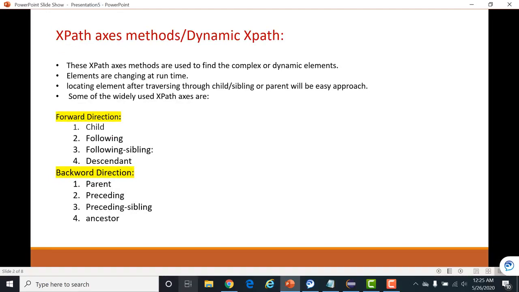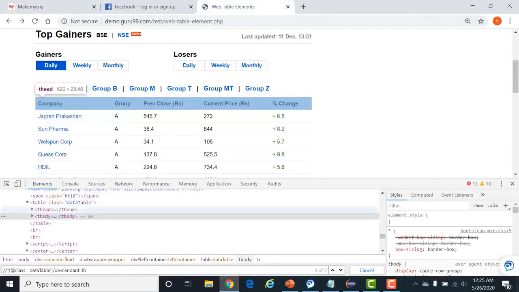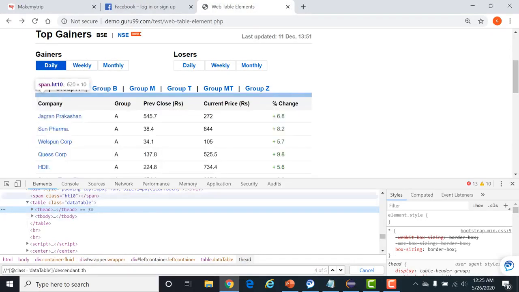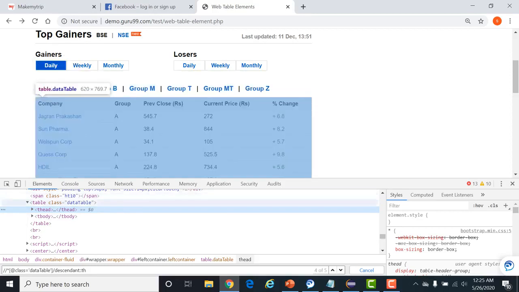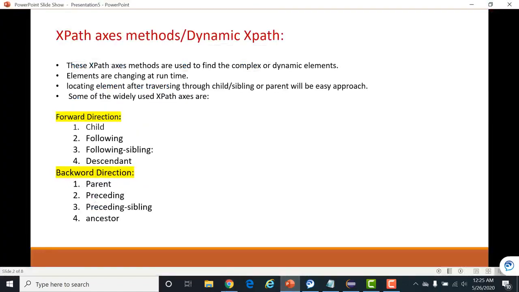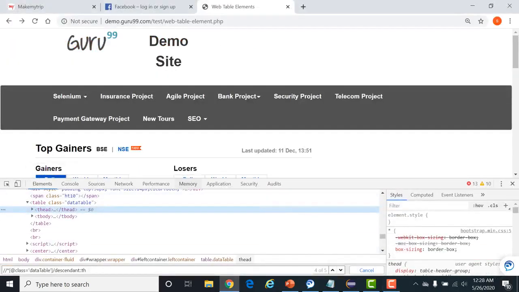See, if I go to the application, suppose we have this node, we have the information of this header node, and I want to know the parent of this. So now I have to search in the backward direction, right? In such cases, these backward axes are used. So now we are going to see how to use them. Simple, I'll start with the parent one. Fine. For this, we'll go to the application and see.